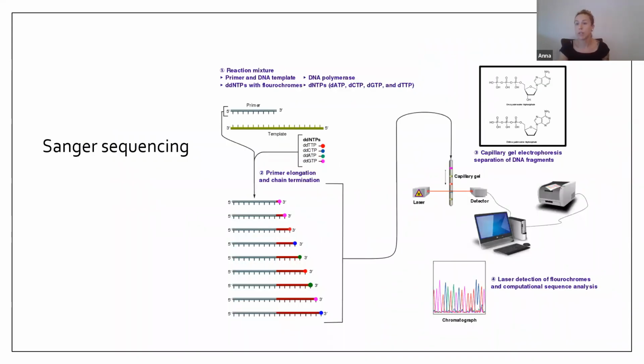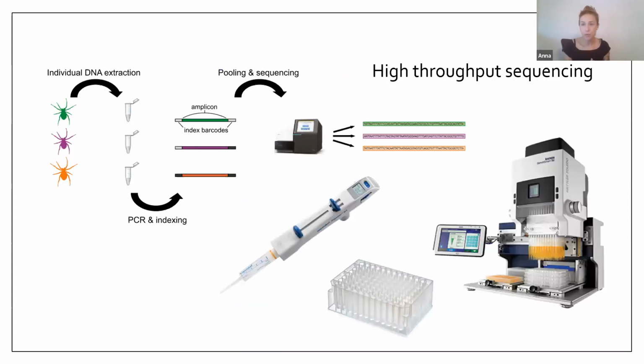So Sanger sequencing was really the method we were using for a long time for the past 20 years to barcode specimens, although this is really, really costly and not very time efficient. And so we all know that collecting arthropods, you get thousands upon thousands of specimens when you go out in the field, and sequencing all of those just isn't really feasible. So in the last 10 years, we've evolved more high throughput sequencing methods that have really allowed us to process these hundreds to thousands of specimens we may collect in a really efficient manner and sequence them. And so now we have a lot of automated systems that allow us to perform DNA extractions and amplifications really, really quickly.